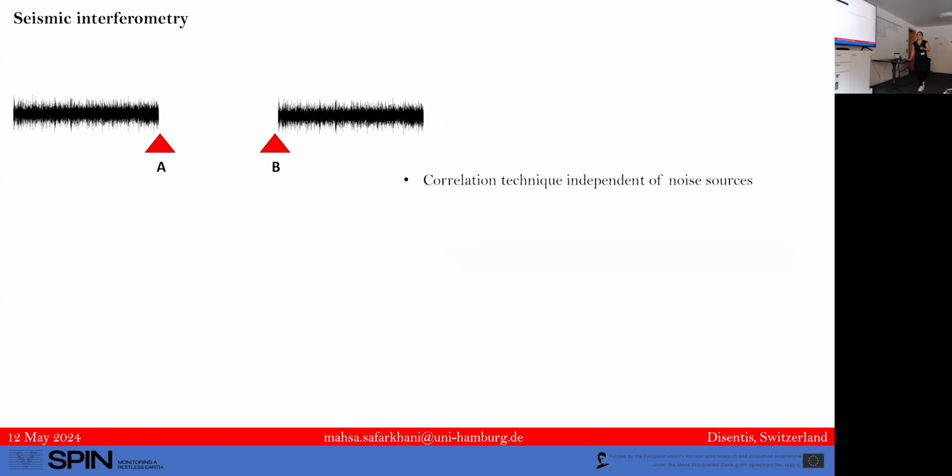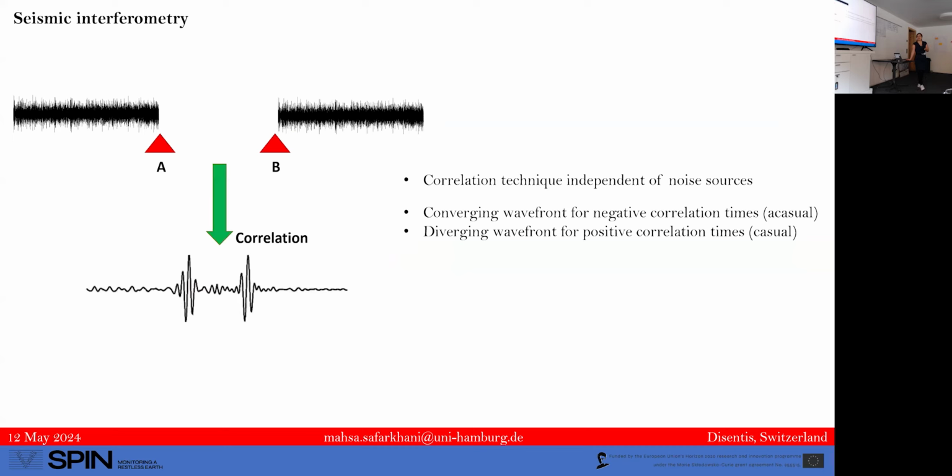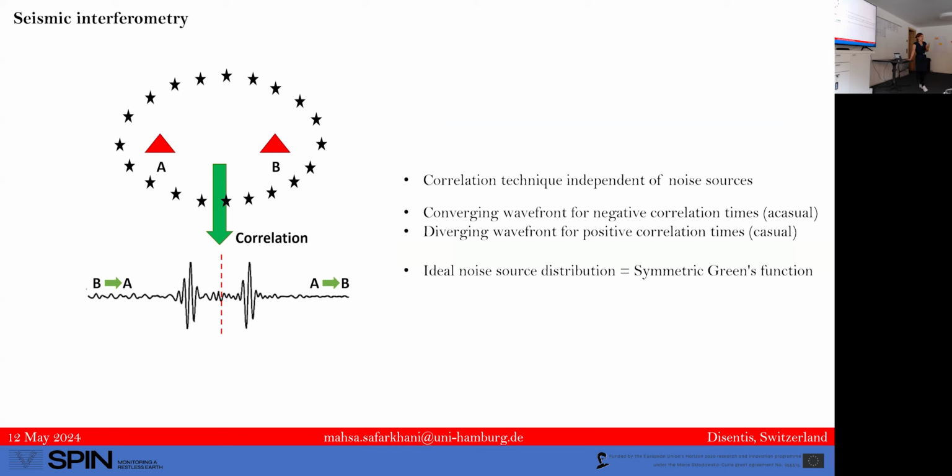So seismic interferometry allows seismologists to replace the source with seismic stations. With correlation observation, we can retrieve the approximate Green's functions between different stations as we consider one of them as a source. For this we need the perfect noise, that means coming from isotropic and uniform noise source distributions. In this way, we can retrieve the symmetric correlation function containing the travel path between the two stations in causal and acausal parts. So the main contributions of the direct arrivals come from the virtual source and station by this technique.